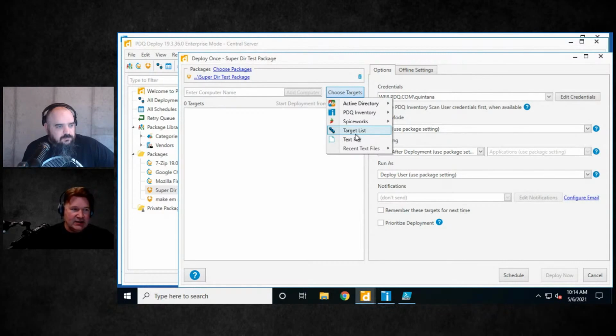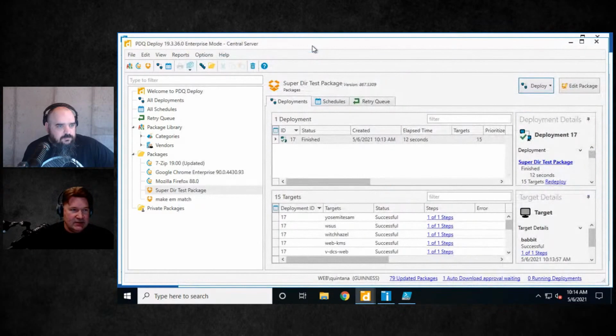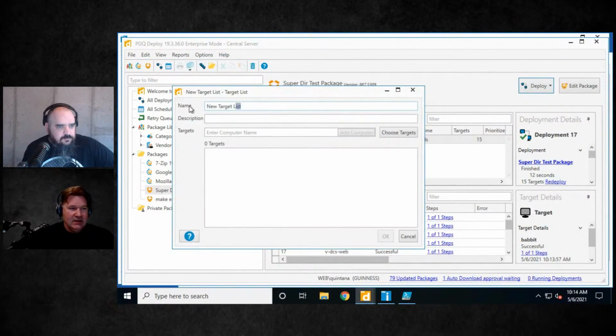choose from a target list right now, that you need to build in deploy. So to build a target list, you come up here, see this guy right there? New target list. We're going to name this Jordan's Machines and such. Oh man! I'm just going to start with Jordan's. There we go, Jordan's Mackies. Okay. So Jordan, what do you want in your Mackies?